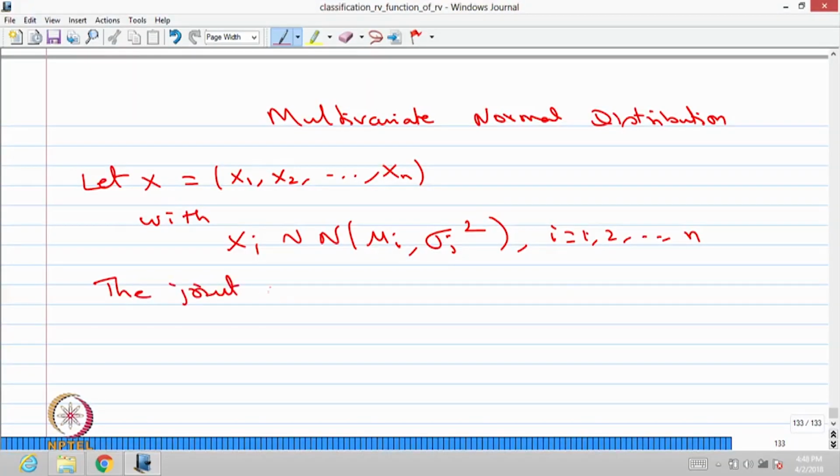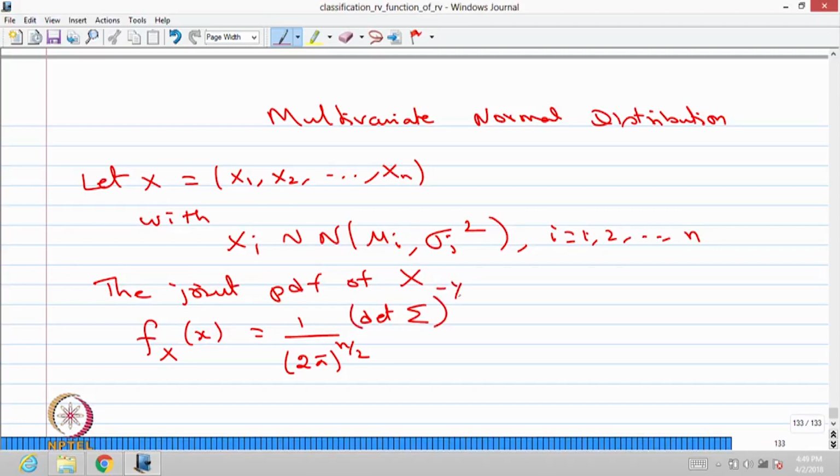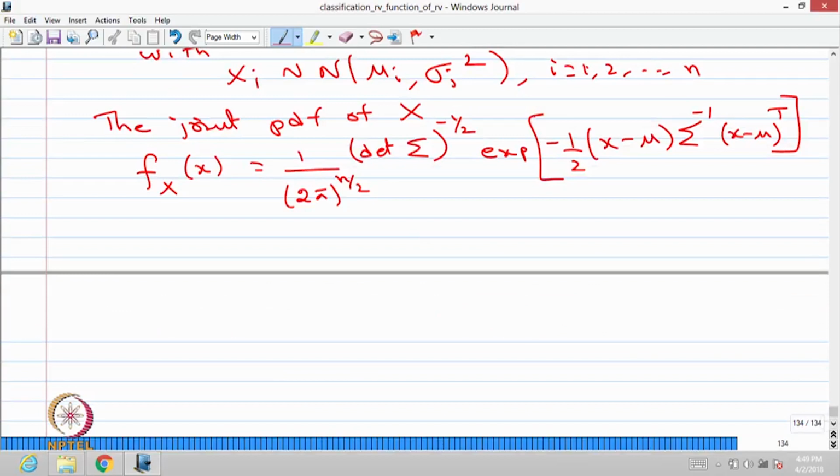The joint probability density function of the random vector X, whose elements are X1, X2, Xn, is given by 1 divided by (2 pi) power n by 2, multiplied by the determinant of the covariance variance matrix sigma to the power minus 1 by 2, multiplied by the exponential of minus 1 by 2 (x minus mu) sigma inverse (x minus mu) transpose, where